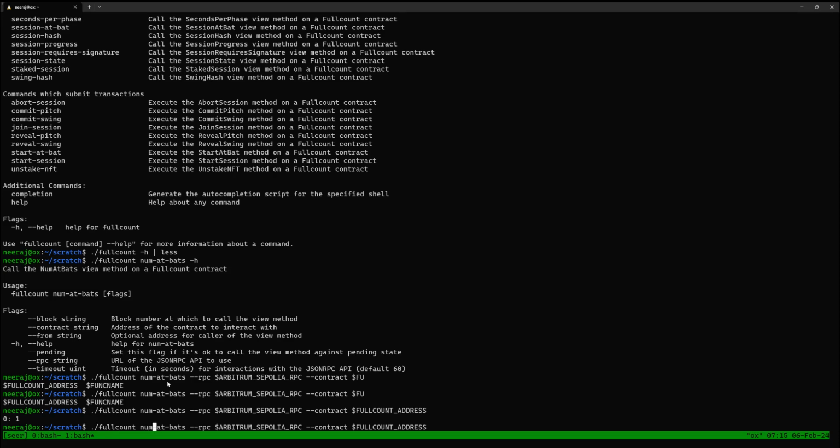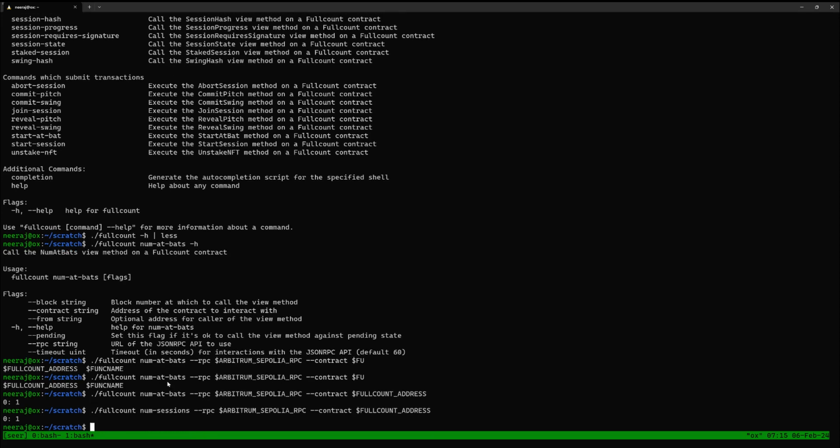And I can do the same thing for num sessions. 1. It has 1 session as well. You don't have to worry about the specifics of the data structure and so on over here. And we can even get more information. We could submit transactions if we wanted to, or call other view methods. But I think this demonstrates the convenience of having a command line interface to the contract and generating